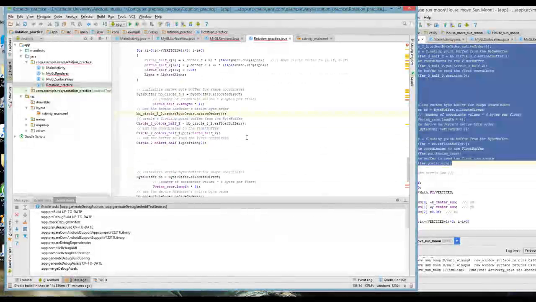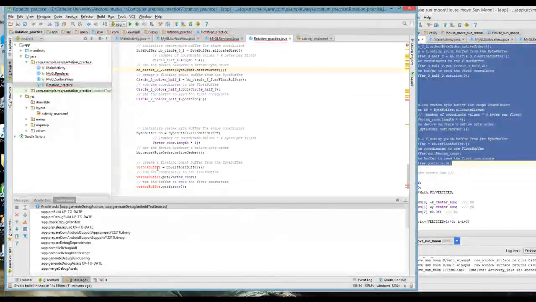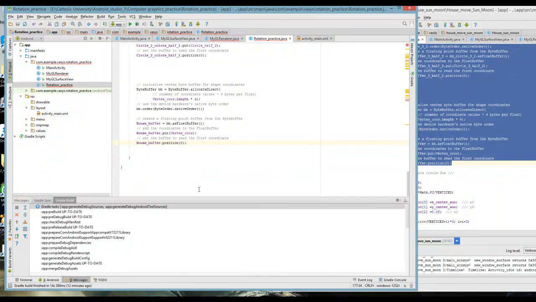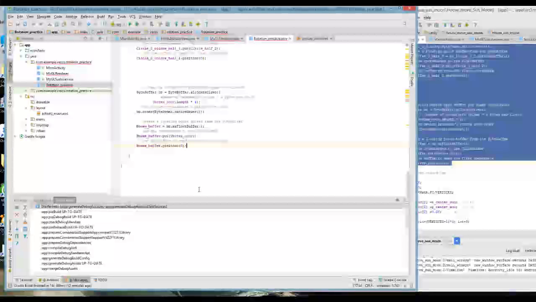Half one, yeah. Okay, nice. Now this one. So here is our house buffer. I modified it a little bit. Okay, so now we define all of the necessary